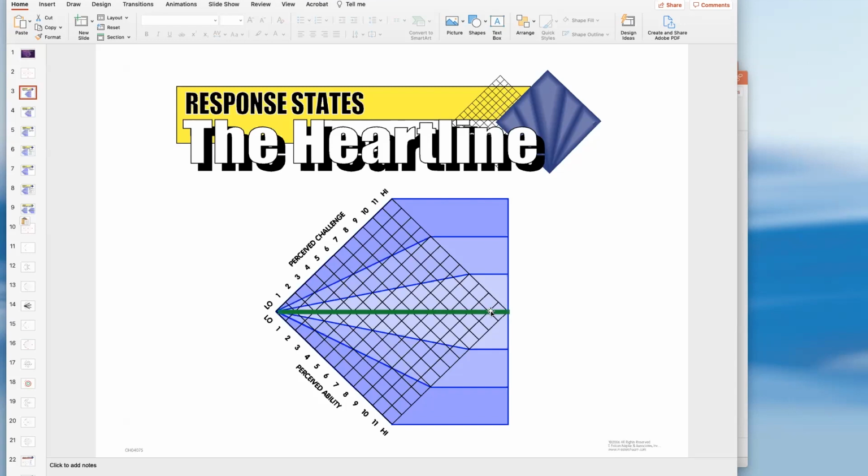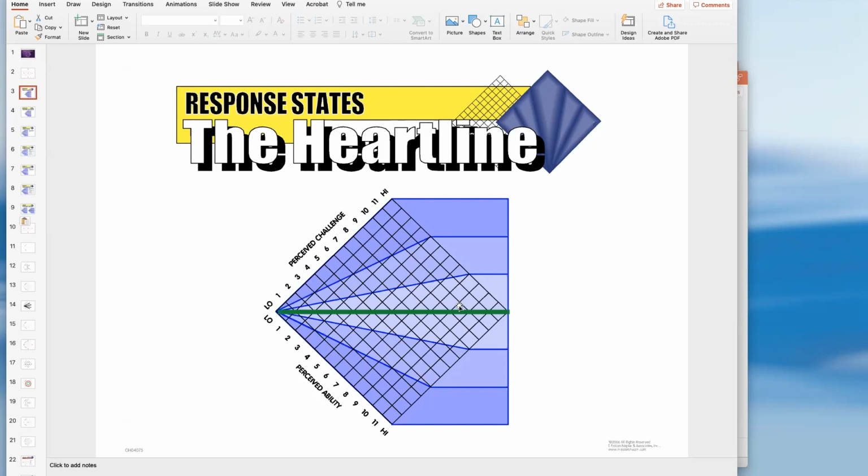And we'll talk in a little deeper review about in what way it changes, but we already said it's higher levels of quantity. Again, if we use water as our metaphor, it's more water, it's moving more quickly, and it's moving with perhaps a lot more intensity, could even be getting quite turbulent at a certain point in time. So that's our thing. The heart line can happen anywhere that there's a balance between the perceptions of challenge and ability. All right, so